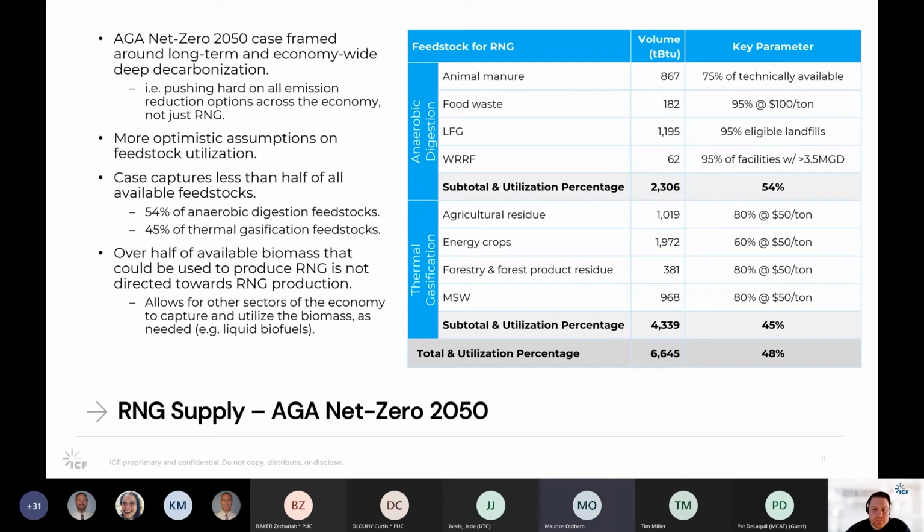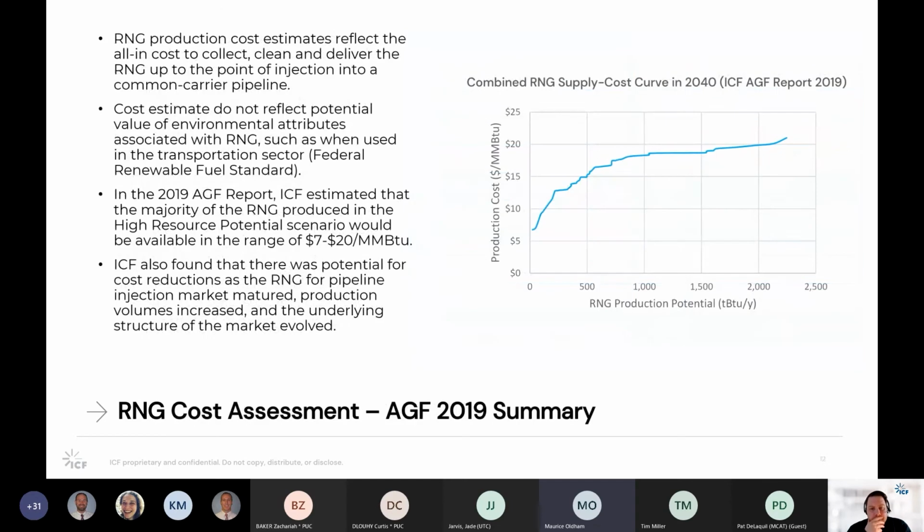And then lastly, on the last slide, the cost assessment. How we approach the cost assessment is that it's the production cost assessment for the RNG. It reflects the all-in cost to collect, clean, and deliver the RNG up to the point of pipeline injection into a common carrier pipeline. It's purely production cost in the sense that we do not reflect environmental attributes associated with the RNG, such as when it's used in the transportation sector. This slide here, we haven't replicated for the net zero work,